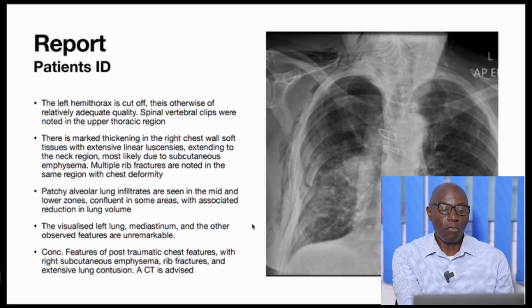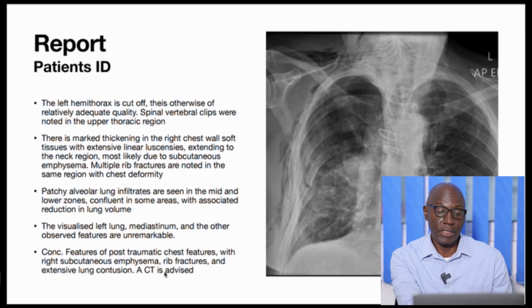So I'll do that, and of course I'll also mention the patchy alveolar lung infiltrates that are seen in the mid and lower zones, confluent in some areas with associated reduction in the lung. So that will be my report, and then the conclusion will come in and say these are post-traumatic features, sorry about that, with a right subcutaneous emphysema, rib fractures, and extensive lung involvement, for CT. So a report like that would be very acceptable in such a case, especially when we are reviewing